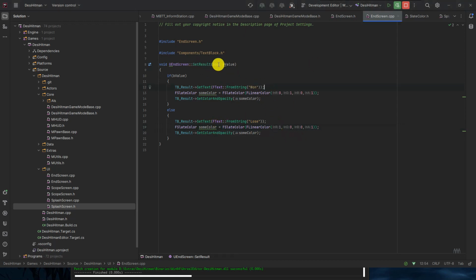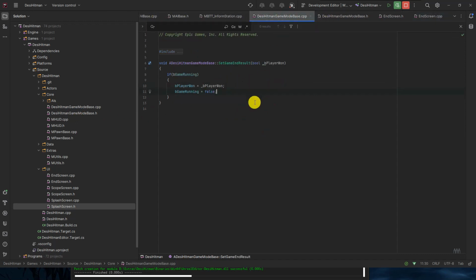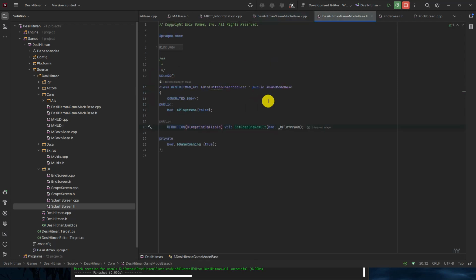And this SetResult we will call in the game instance, I should actually do it there, but as this is single player, we can also do it in the game mode, which we shouldn't actually. So let's do that here. Let me have the reference in the game mode itself.